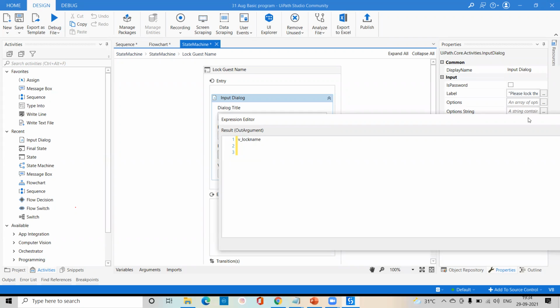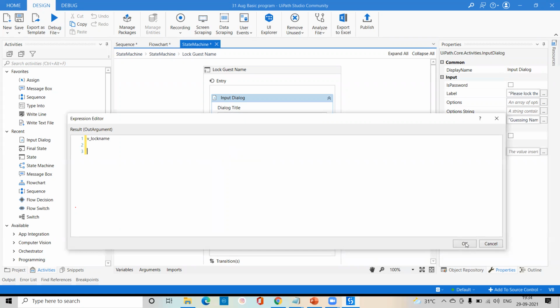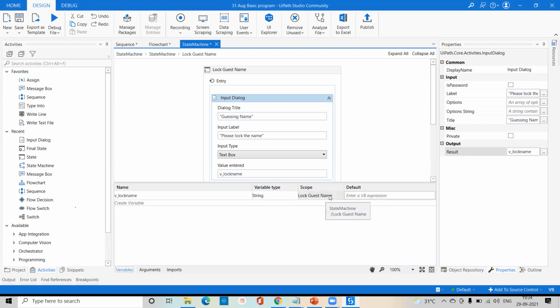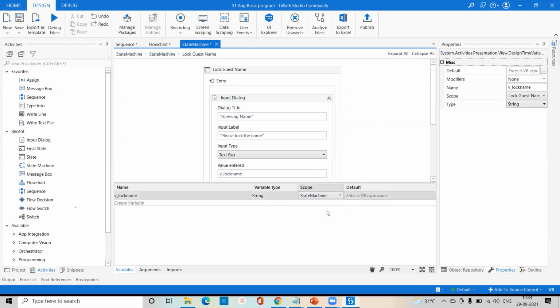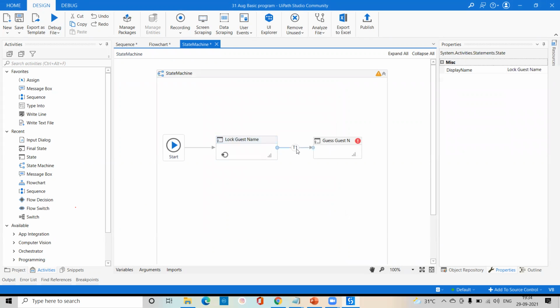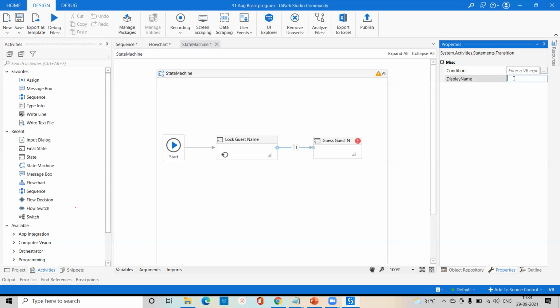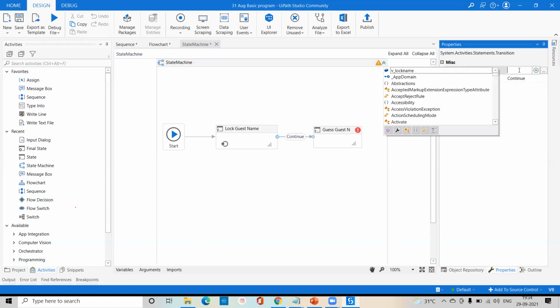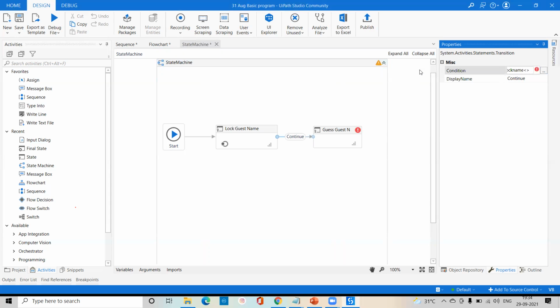One second, guys. Here we have created this variable, and I will make this variable global, because try to understand, if you keep it global, everywhere we can get this variable. Here I can pass this display name, and we can pass continue. Here I'll provide this condition. The condition is not equal to, and here again we'll go for this case name.